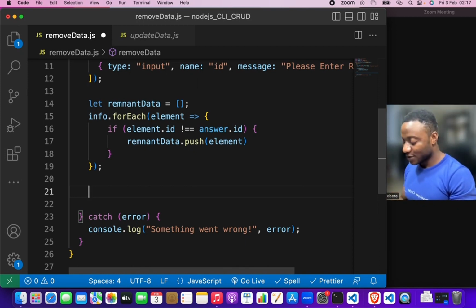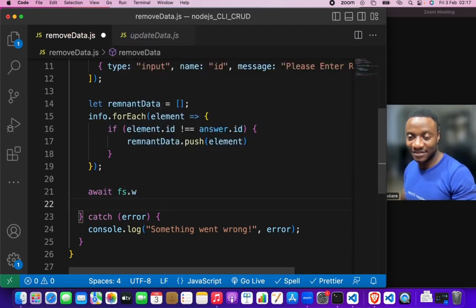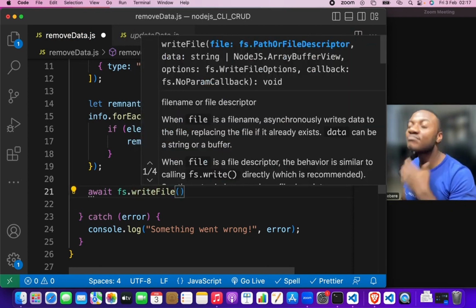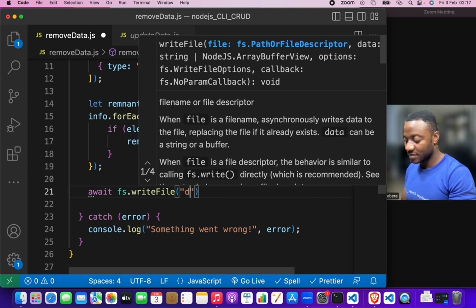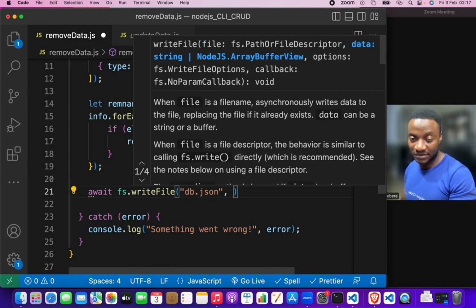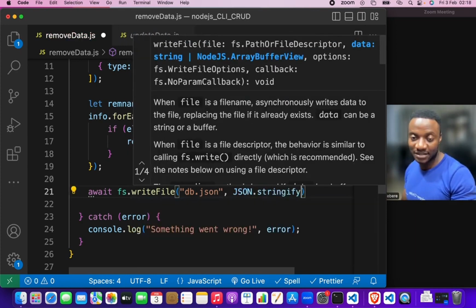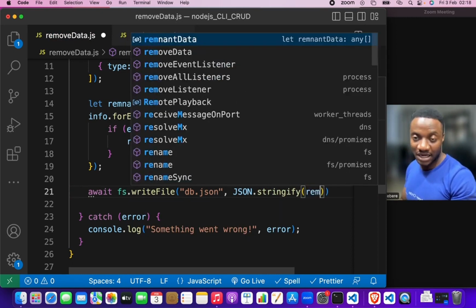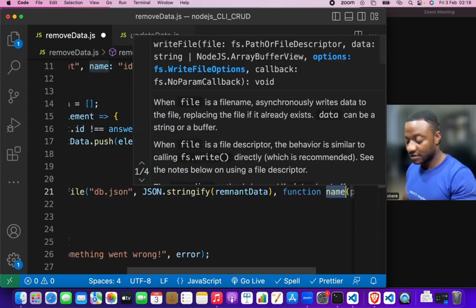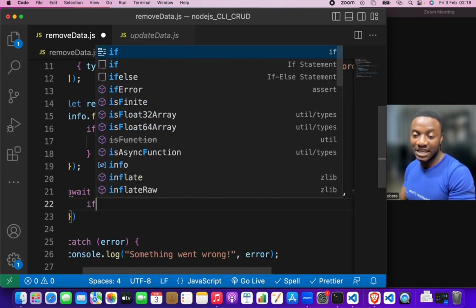So let's go. We need await fs.writeFile, db.json. Recall that it takes in 3 arguments. The first one is the file, the second one is data, and we have to stringify it so that we don't get an error. Remnant data, and then the last thing is a callback function. It has no name, by the way. It just takes in error as an argument, and then if there is an error,